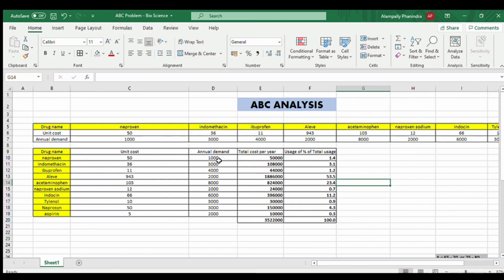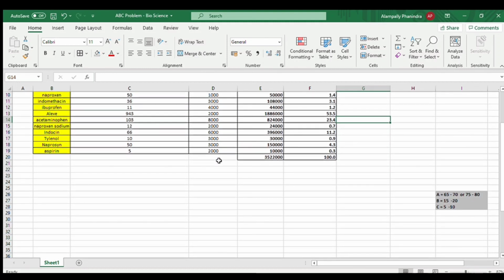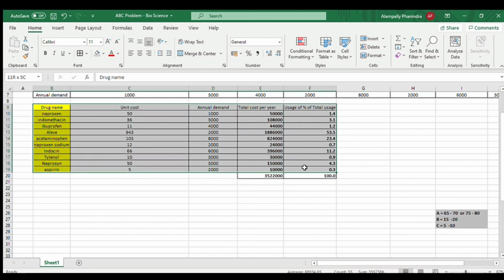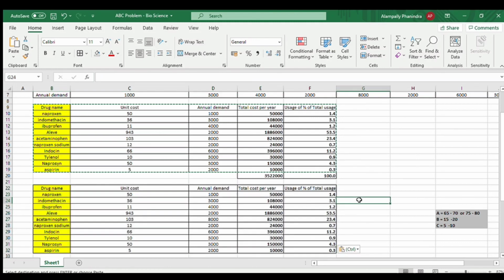Here in the second step, what you're going to do is calculate the cumulative percentage of the data. In order to calculate the cumulative percentage of data, firstly you need to do one thing before calculation of this cumulative. Firstly select this data, and don't select the total values. If you select the total values, you're going to get the problem wrong. So to prevent that, don't select the total values, just select only this table, and then paste it over here.